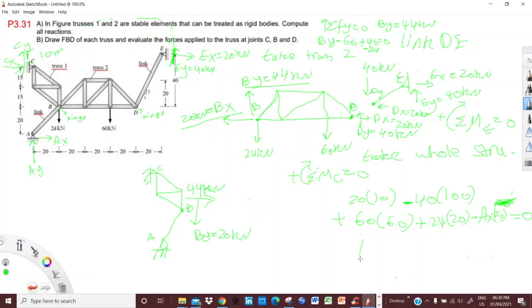Okay, so we found out that minus Ax times 50 is equal to negative 280. Therefore, Ax is equal to 5.6 kilonewton. And if we say summation of Fx,